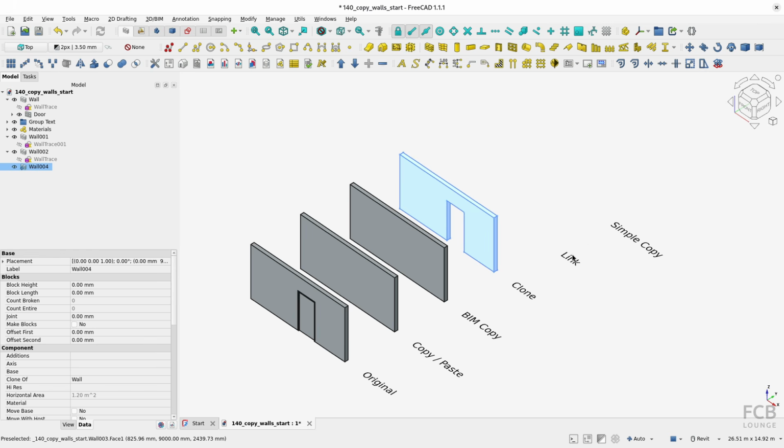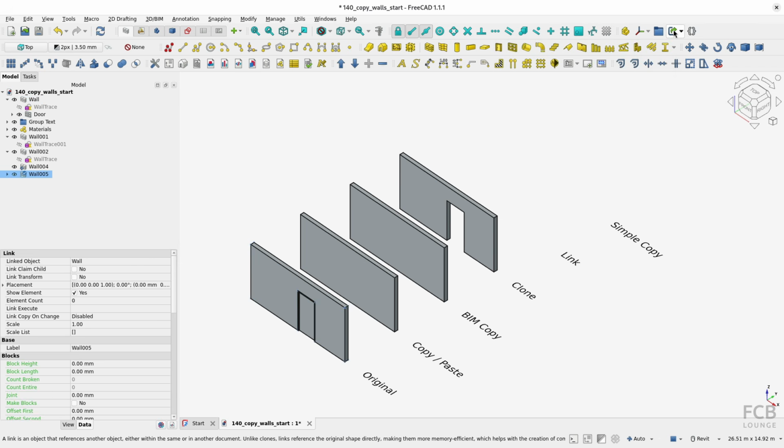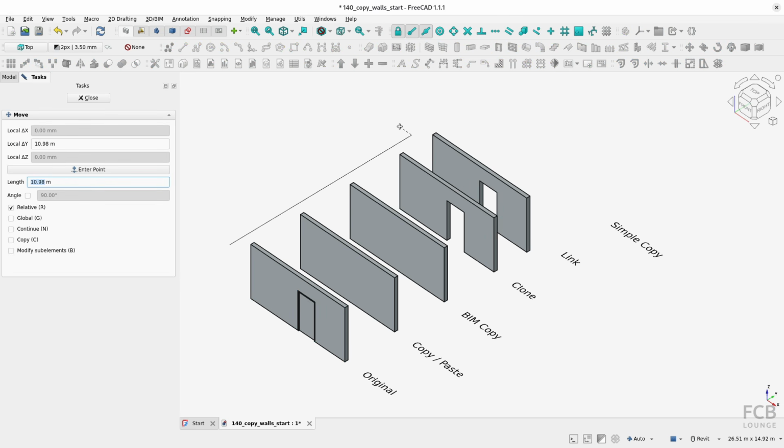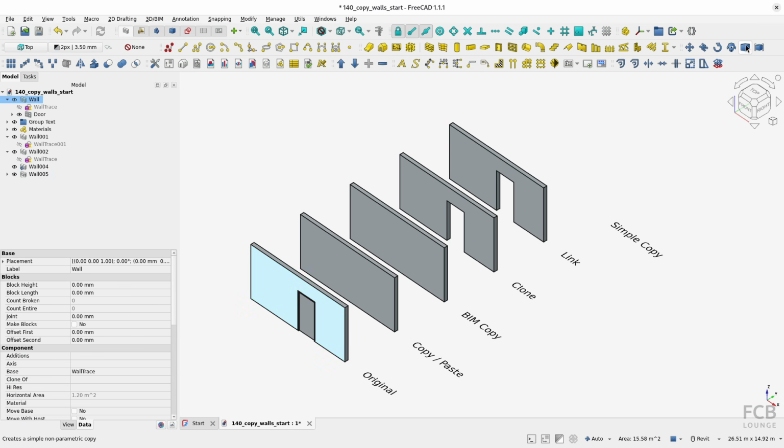The next option is link, so I will select the wall and use the link command. This is the one that's available in all workbenches, and this one creates kind of a copy or link in the same place as the original wall. So now I have to select it and use the move tool to move it, and now it will be 12,000 millimeters. And the final one is a simple copy, so I will again select the wall and use this